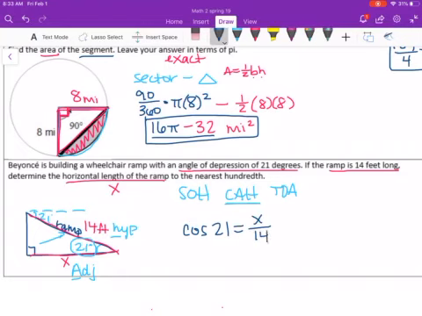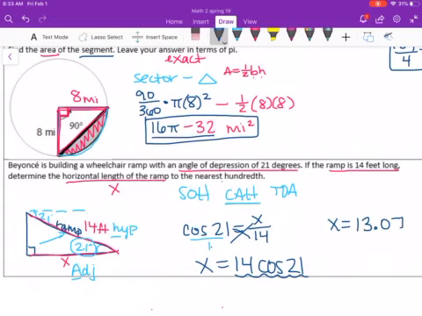Since we're looking for a side, we're going to cross multiply. So put cosine of 21 over 1, and you would cross multiply. That means 1 times x, you'll have x all by itself, equals 14 cosine of 21. Since x is all by itself, you just put that straight into your calculator. So make sure your calculator is in degree mode and do 14 cosine of 21 into your calculator, and you'll get x equals